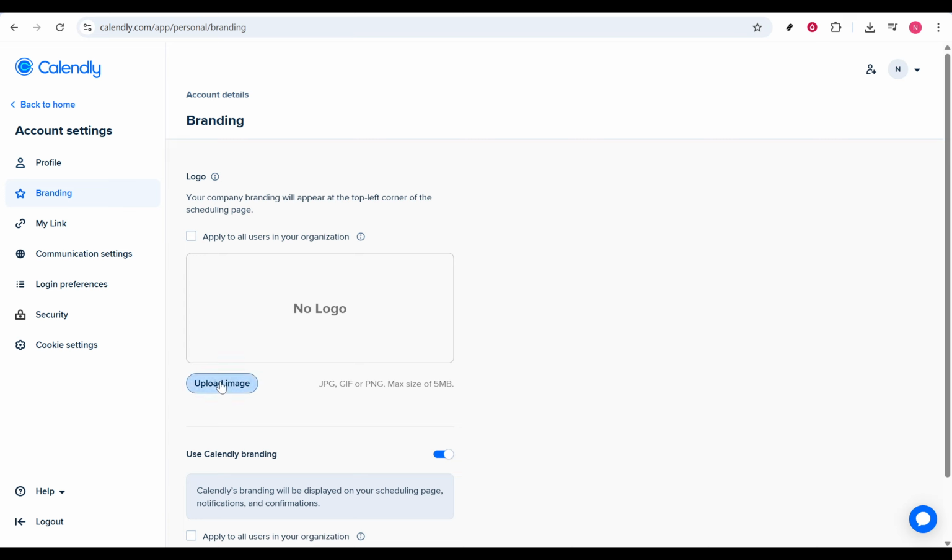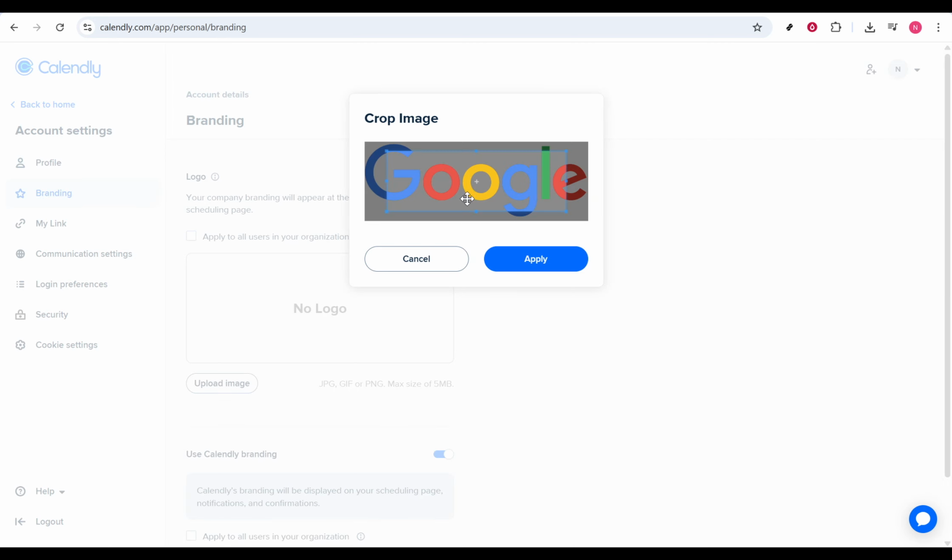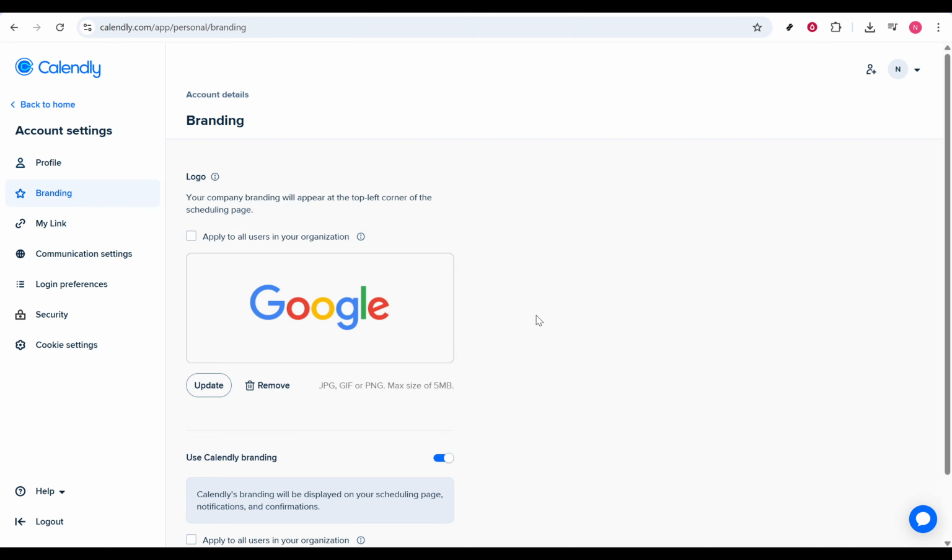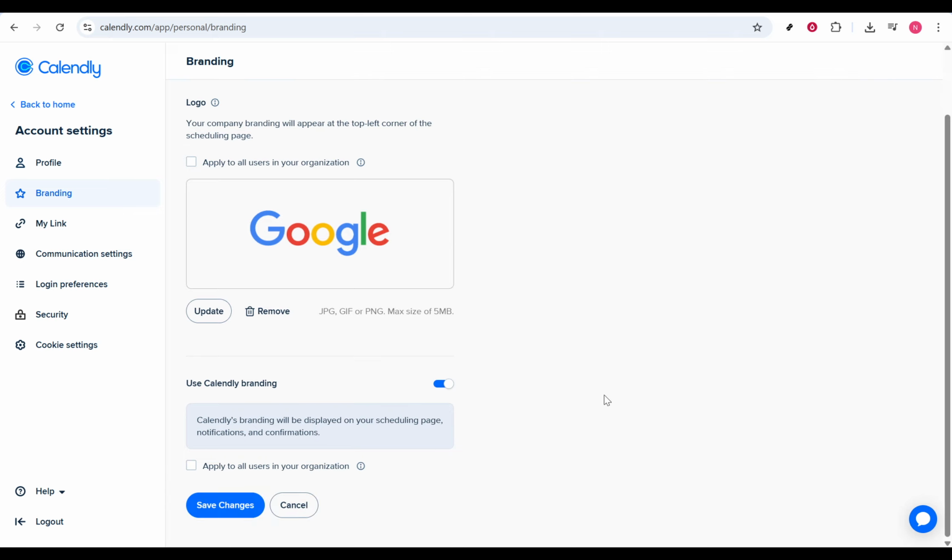Choose a clear, high-quality file from your computer. PNG or JPG files work best, and a square image is ideal so it doesn't crop awkwardly on your booking page. If your logo has a transparent background, a PNG will preserve that transparency and usually looks cleaner against Calendly's page styles. Aim for a high-resolution version to avoid blurriness, but keep the file size manageable so it loads quickly